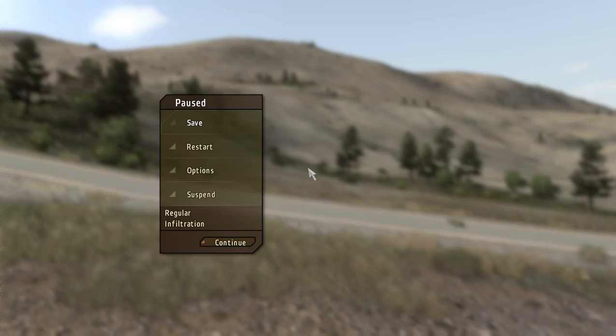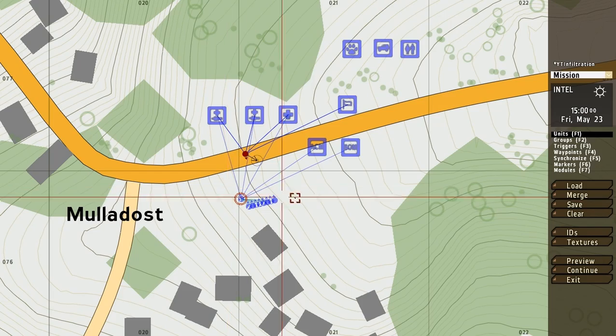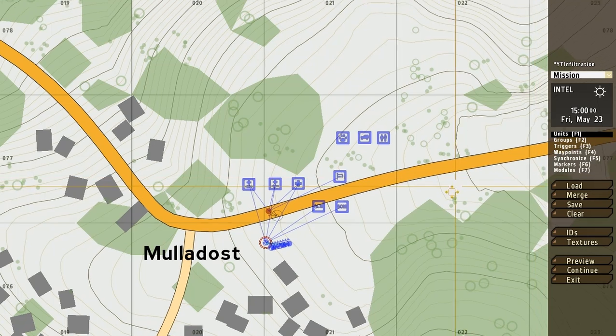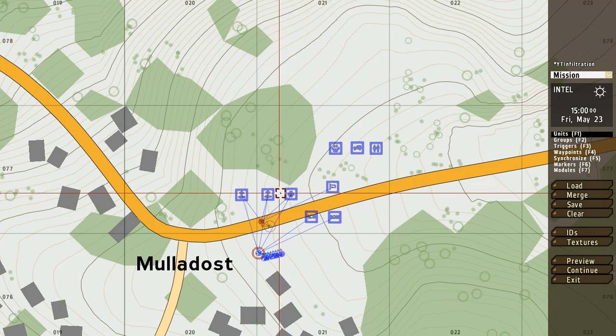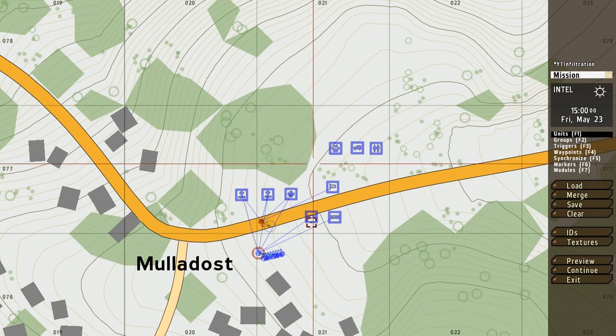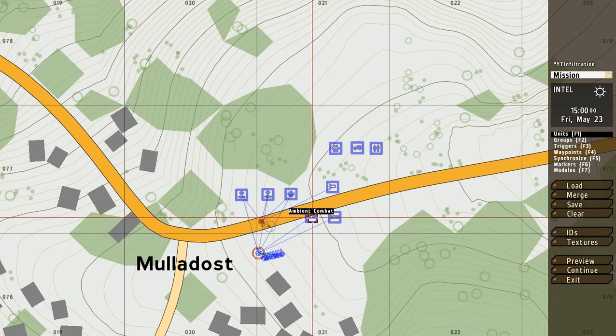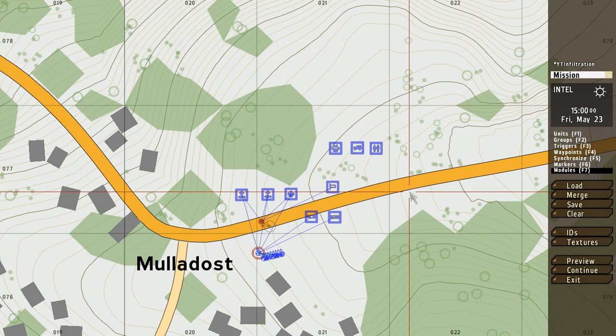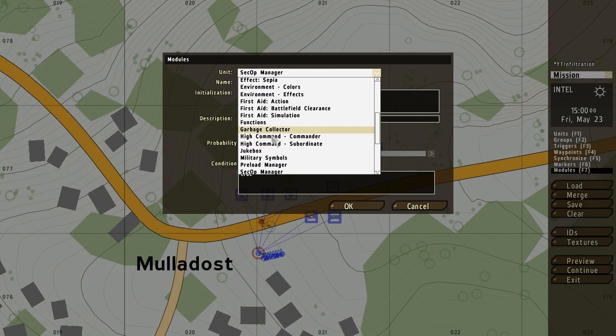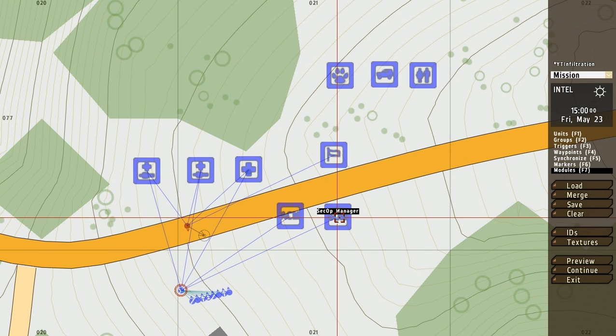Alright, so that's pretty much the modules. Of course there's a lot of other modules as well, but most of them require scripting, except some of them, like the effects don't need scripting. The environment colors have no effects, etc. But you can change the behavior, like the setup manager and the ambient combat manager, but you also